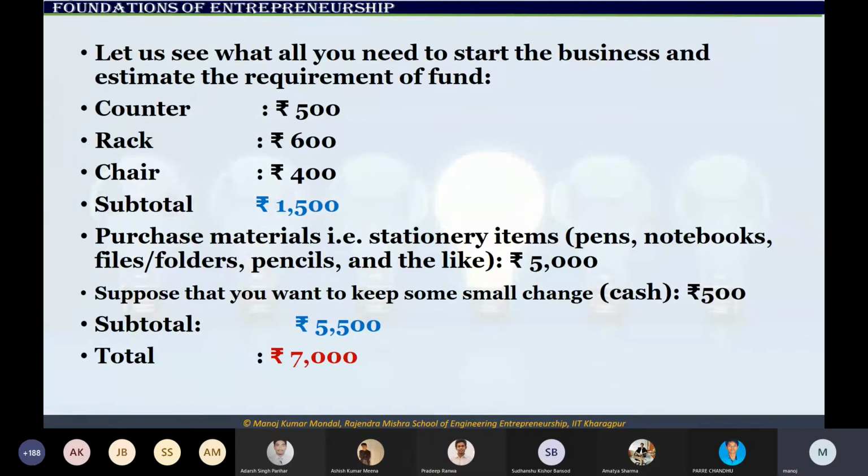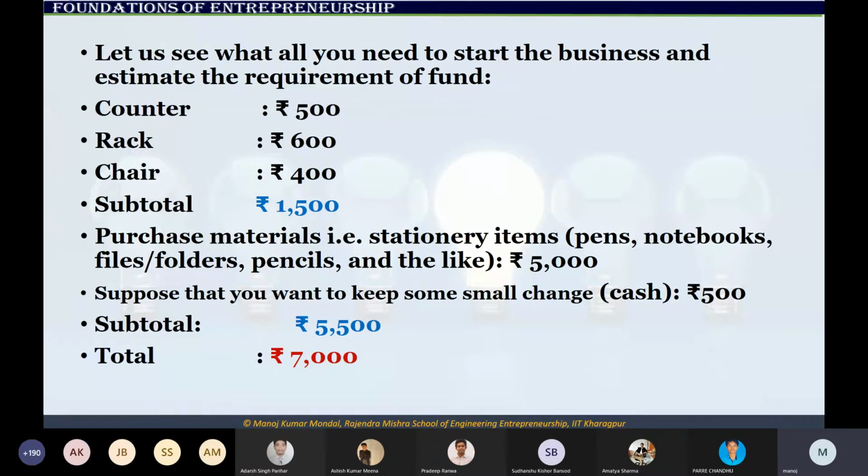Suppose you are thinking of starting, yesterday I mentioned about a plastic pen business. That may not be possible in a hostel room. You need a separate building. So suppose you construct a building or take something on rent. Suppose you fabricate the building. So maybe you need something like 1 lakh rupees for a shed. 1 lakh rupees is the minimum investment for the shed. Then you need